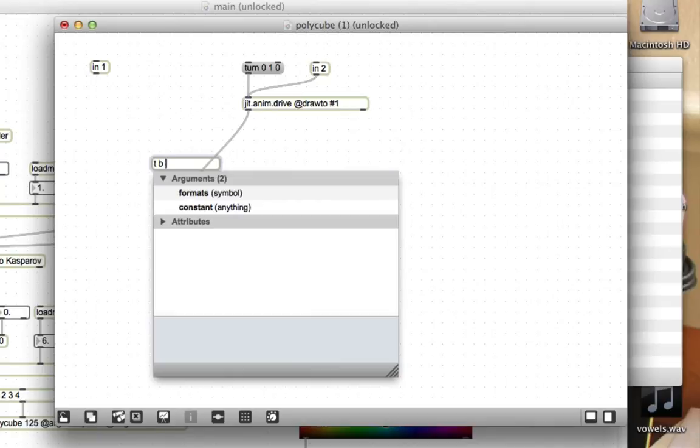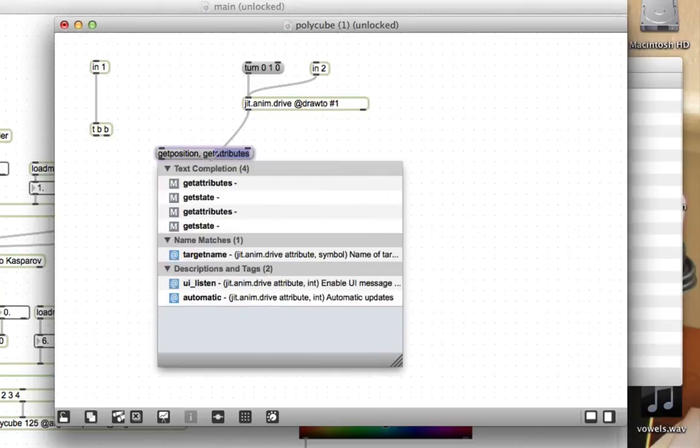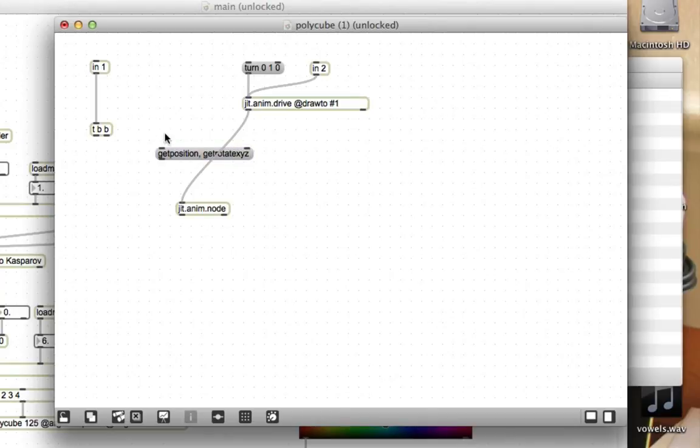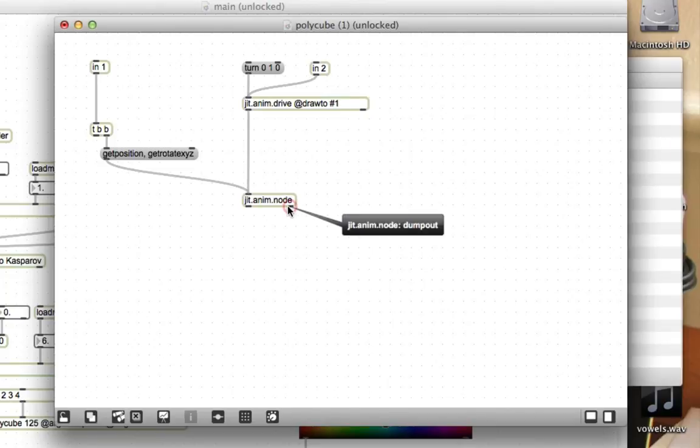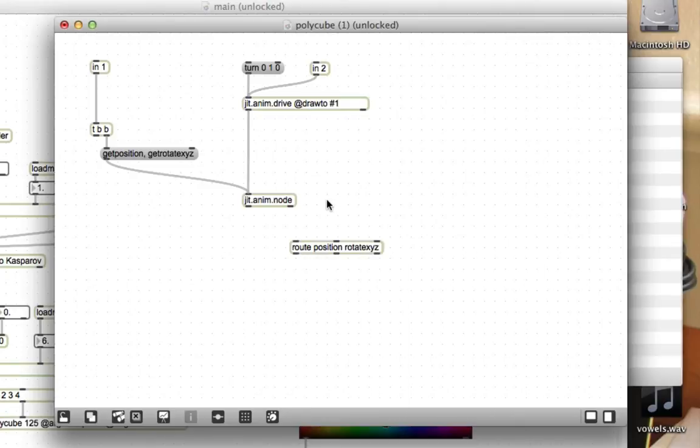So we'll make a trigger bang bang here, and the first bang is going to go to the jit.anim.node and first get position and get rotate XYZ, which are the two properties of the jit.anim.node in which we are interested, the position and the rotation. So we'll send that to the jit.anim.node, and what comes out of this outlet, the dump out, is going to be that position and rotation. So we'll route position, and rotate XYZ. I said XYZ, which is funny because I don't actually say Z, but it's fun to say. Position, rotate XYZ,